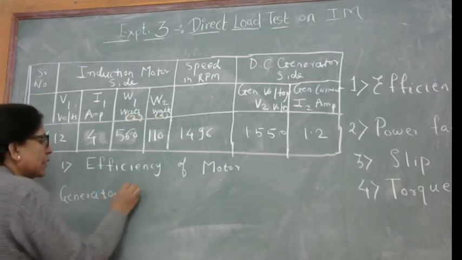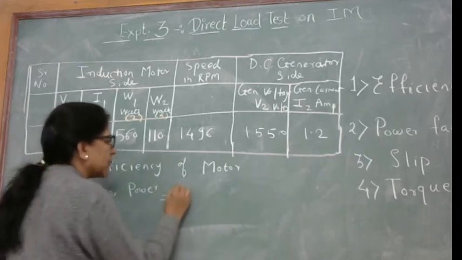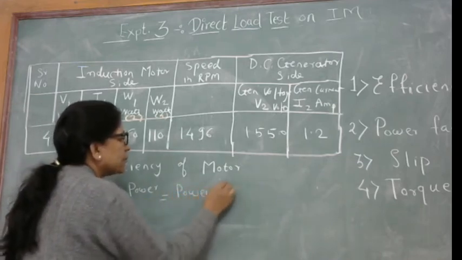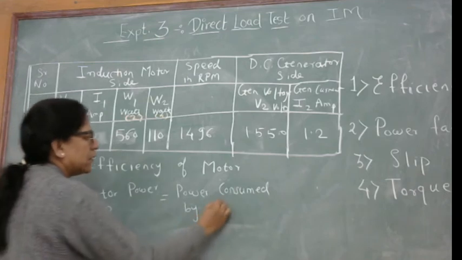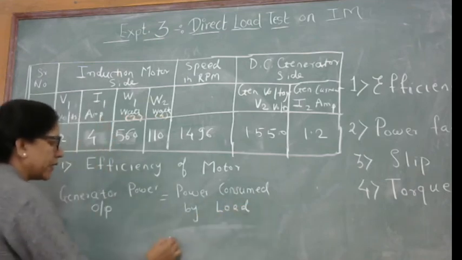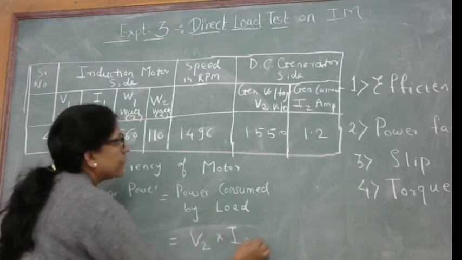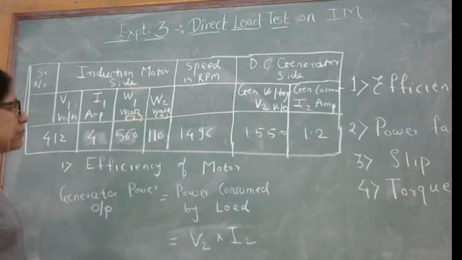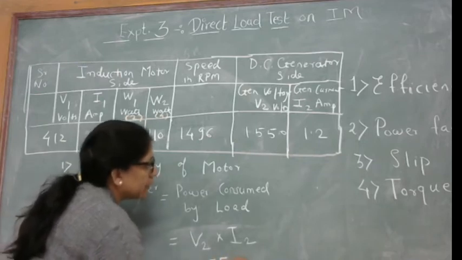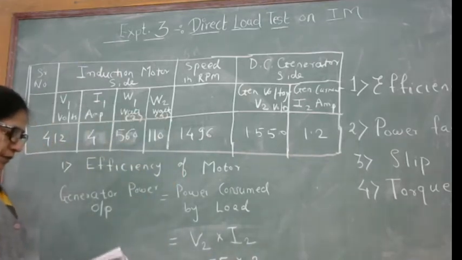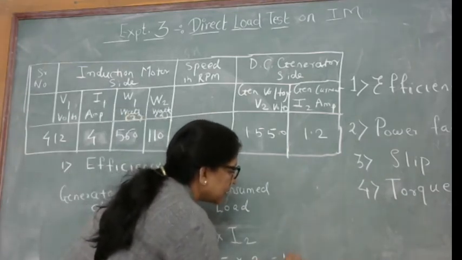Generator power output is nothing but the power consumed by load. So this power we can calculate using formula V2 into I2. We have measured value of V2. V2 is 155 and I2 is 1.2. 155 into 1.2. So generator output, if we complete the calculation, this power is